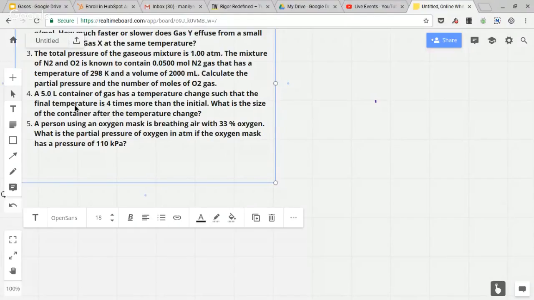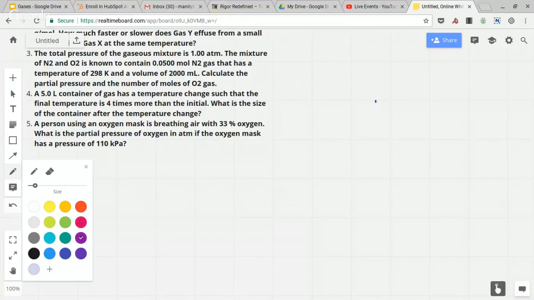What are we talking about if it's about volume and temperature? You got that right. I hope you answered Charles's law. Yes, it's correct because it's about volume and temperature. So that's at constant pressure and amount. So let me show you the solution for that now. So you have a 5-liter container. That means that's your V1,